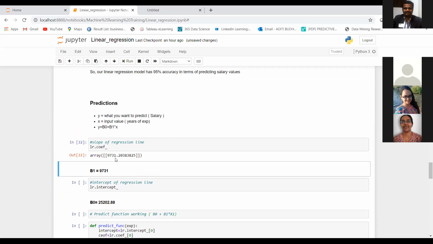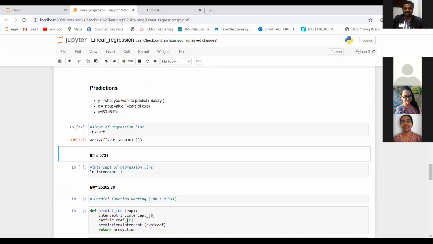So 9731 is the value of the slope of our line, or the coefficient of our input value, that is the beta 1 value. Similarly, intercept underscore is the value of the intercept that we will get from our model. This is the beta 0 value.